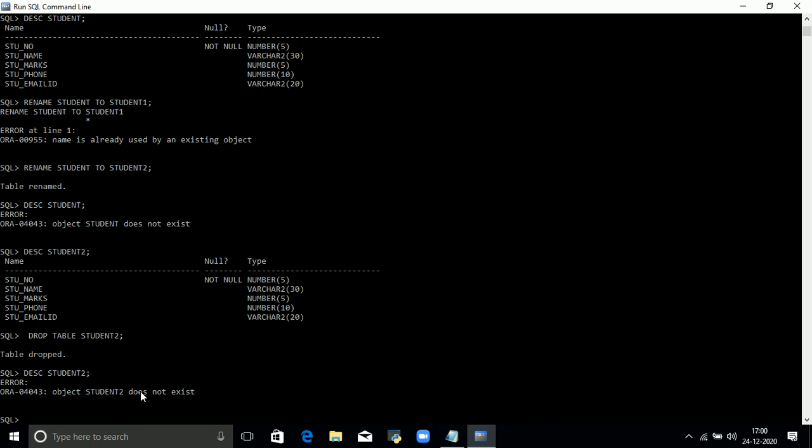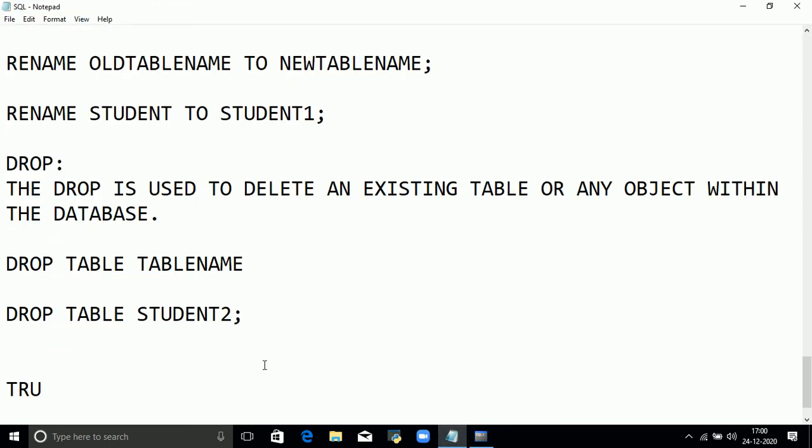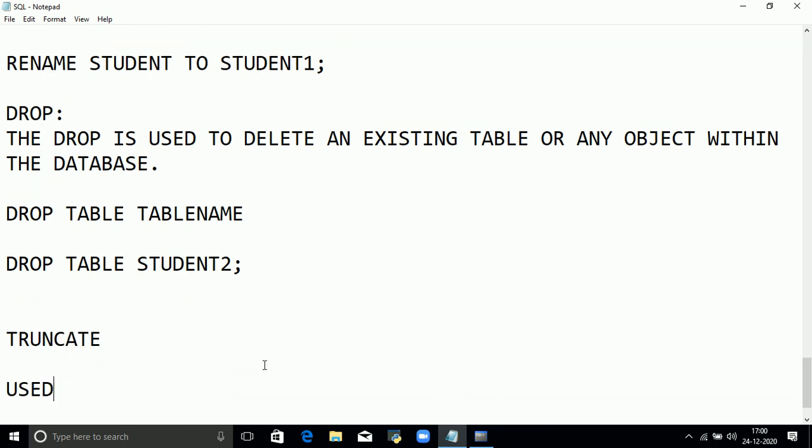So what is truncate? The truncate command is used to remove all the records from a table.